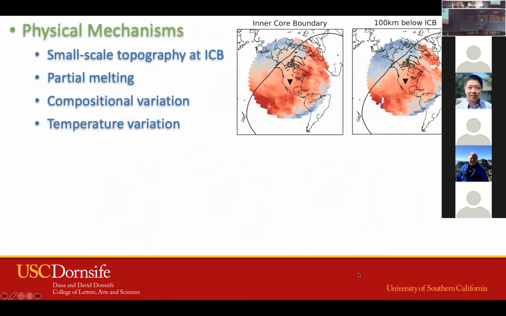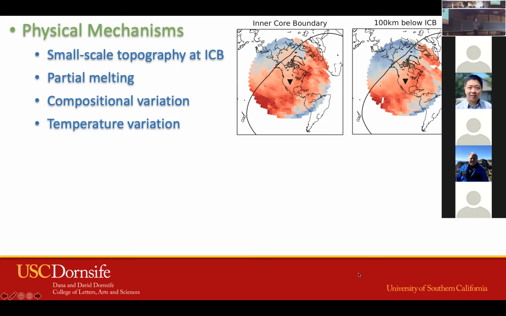And now we want to explore what could cause this large scale pattern of the scattering distribution. The first one, of course, is the small scale topography of the inner core boundary, which could be a contribution. The second one is partial melting. Because the inner core is crystallized from the outer core, some partial melting could also exist, and this could be a candidate. The third one is compositional variation. There are some light elements within the inner core, besides nickel and iron. Some carbon and sulfur also could cause some small